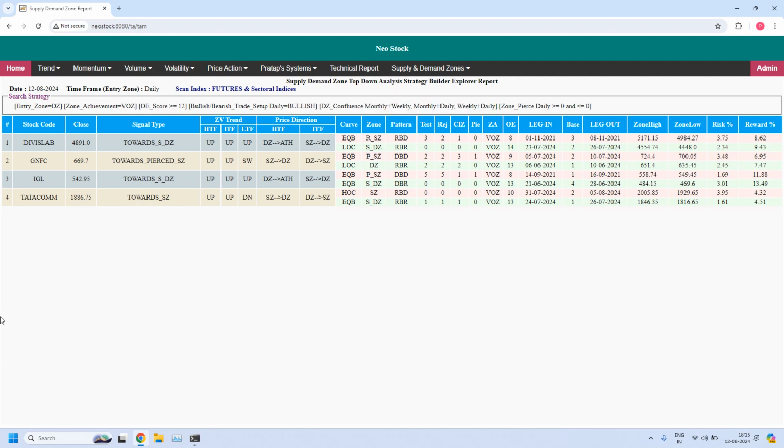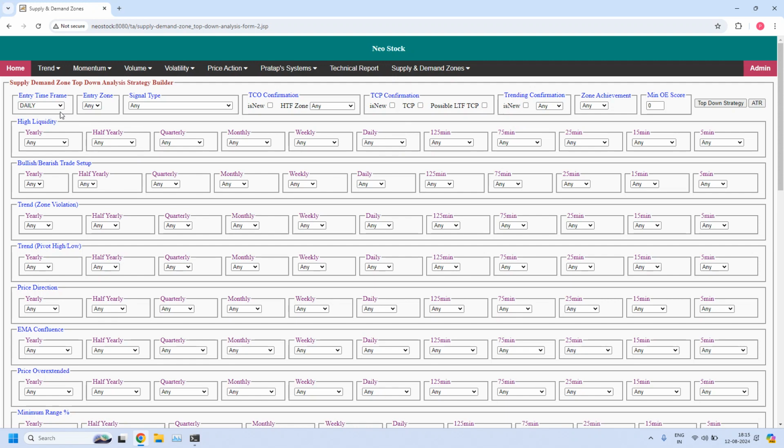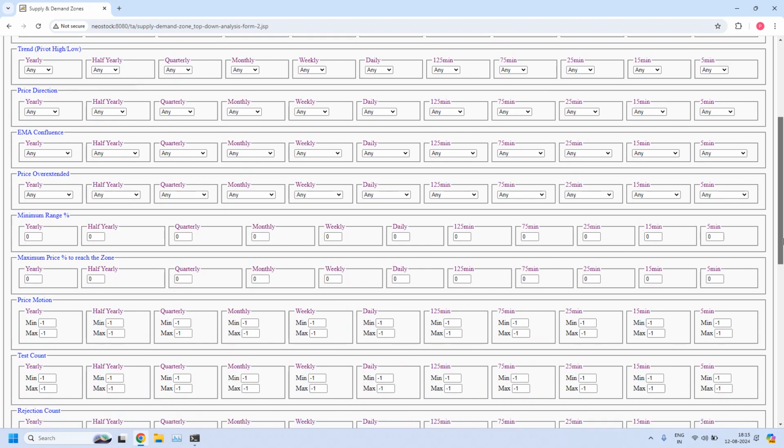Okay, this is about bullish trade setup for monthly income trade, and also we used the ITF confluence and also HTF confluence. Next report. Bearish trade setup for monthly income trade. Entry time frame is daily. Entry zone is supply zone. In bullish or bearish trade setup in daily, I am selecting bearish, and the daily time frame pierced count should be